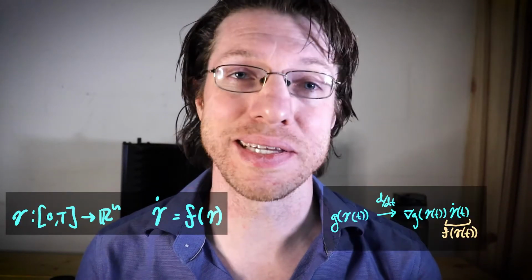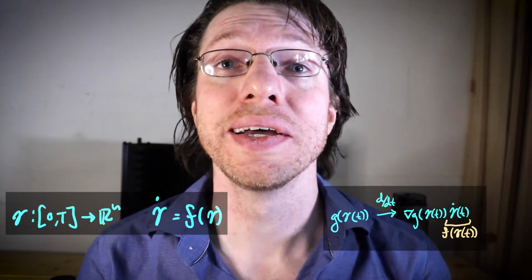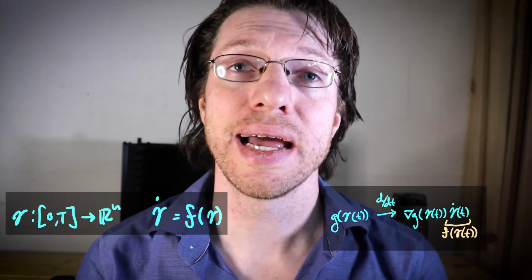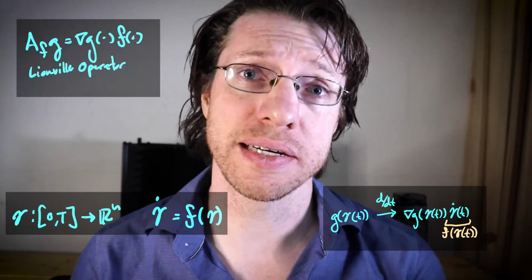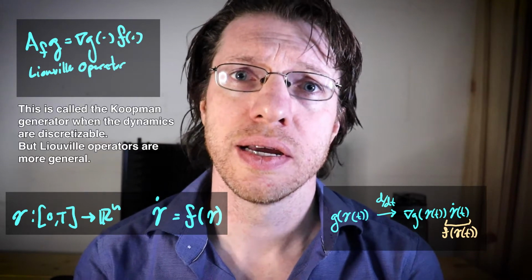So my colleagues and I have been pushing this whole idea of using what are called Liouville operators. Now, these Liouville operators arise from what we call the orbital derivative. So basically, if you have some sort of dynamic, say x dot is equal to f of x, then you make this operator A sub f acting on some g as being formally written as the gradient of